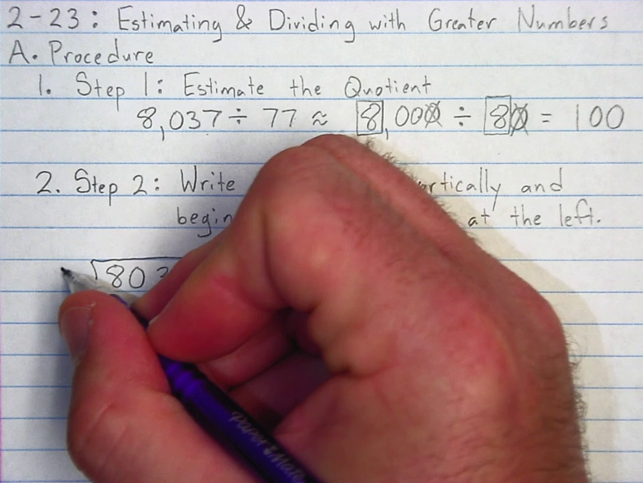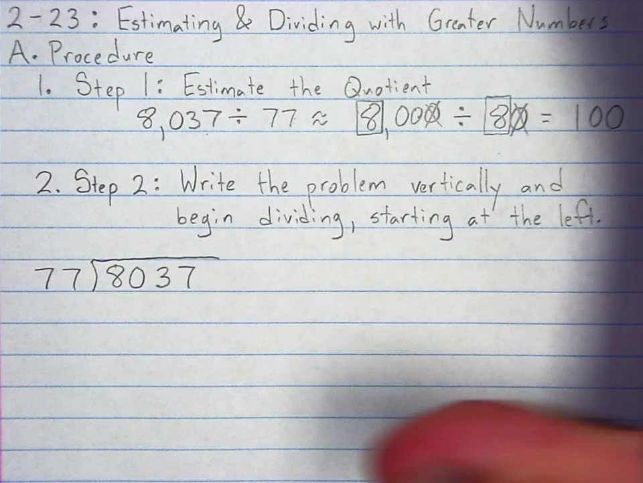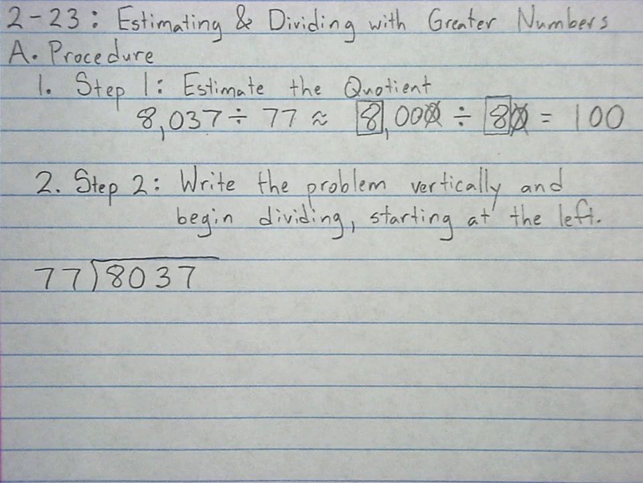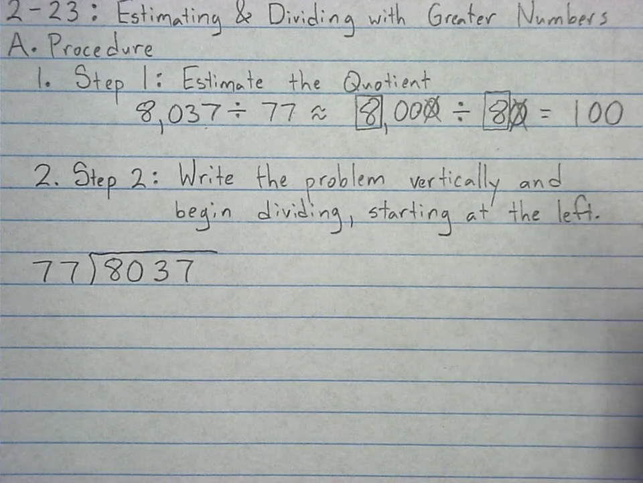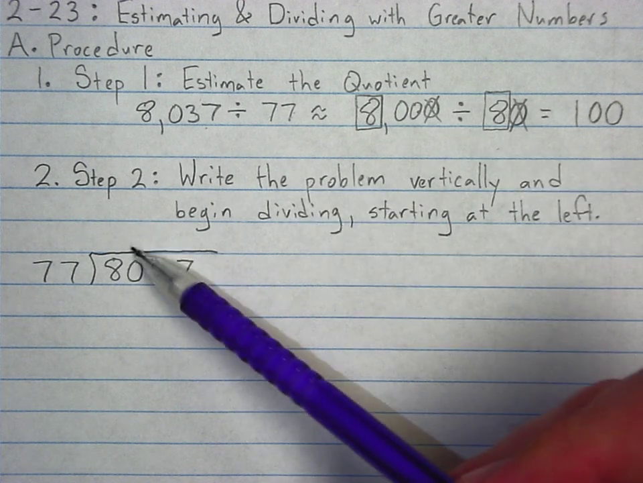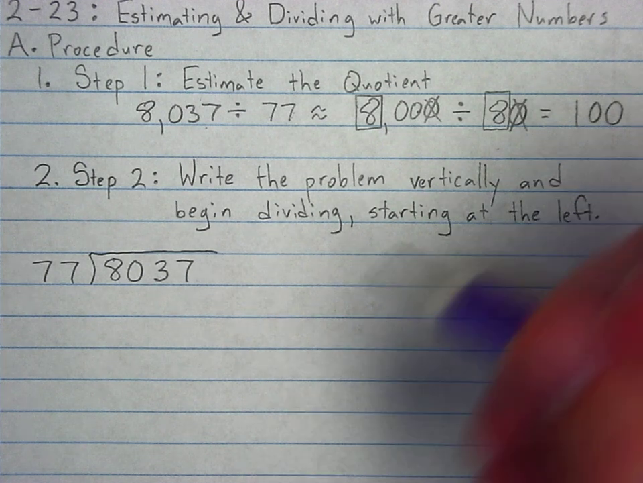Dividing by 77 means 77 goes out here. Part of me wishes we had our notes on graph paper, but I think for notes that might be a little bit much. Okay, now, I don't know exactly what this quotient is going to be. That's why I'm going to divide, obviously. But